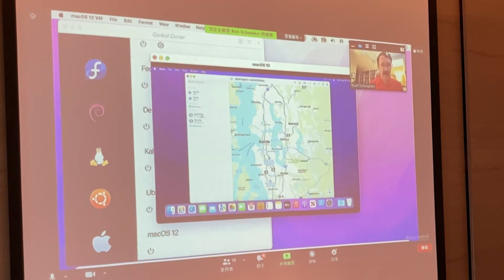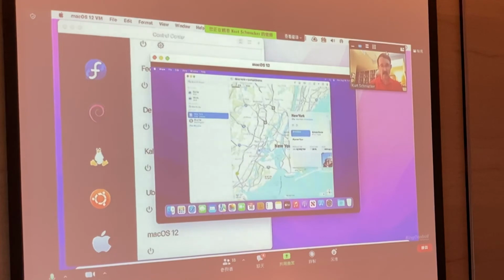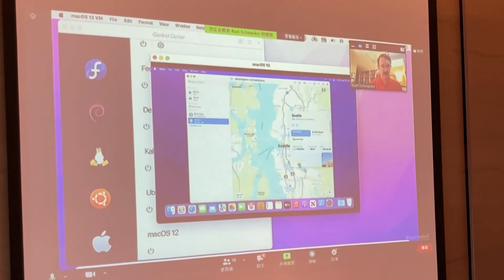And now let's go to New York. 好，刚刚提到说，这个 Monterey 呢，不管是 Apple 那边或者是我们 Parallels 这边呢，都还没有完全的完成，所以有一些功能呢，像是拖拉这个功能啊，或者是我们通常会看到右上角这个工具呢是没有的，但是有一些部分呢是可以运作的很好，像我现在打开的就是一个地图的应用。